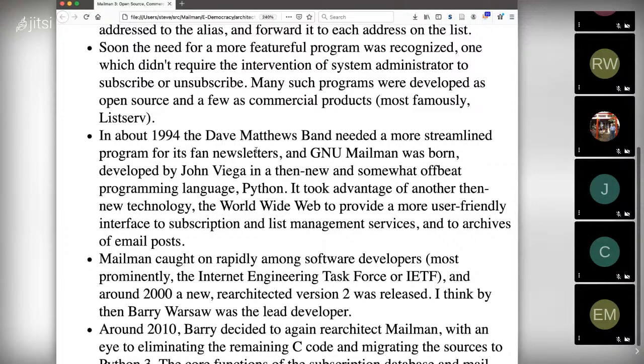By around 2000, there were clear limitations to the original program, and so Barry Warsaw had taken over by then, and he was the lead developer. And he decided that the program needed more extensibility than it had to serve the users that were now piling into the community. And what he did was he created what we now call a pipeline architecture, in which you have a bunch of handlers that the message is passed from one to the next.